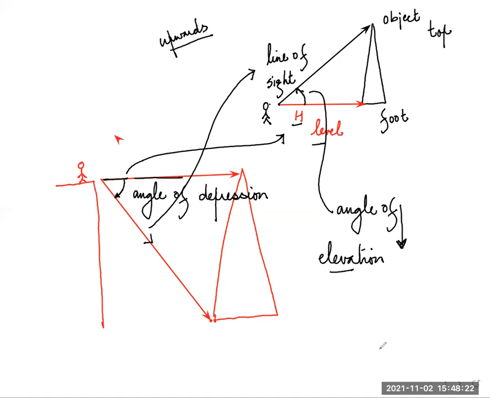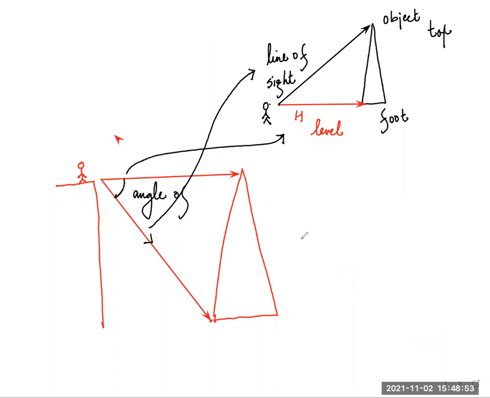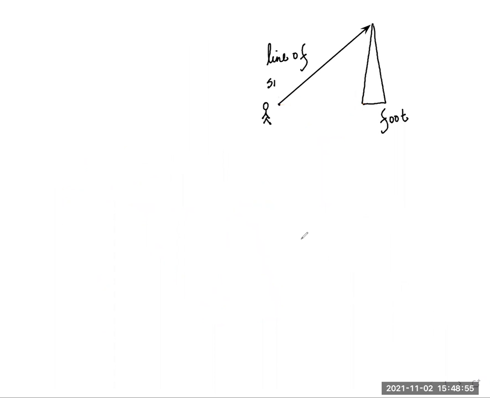Elevation. Let's say we say this is a brick. The brick is elevated by a height of, let's say, 3 meters. So this is how we use the word elevation. Something upwards. Elevate is something moving upwards. So here the eye is seeing upwards. Here the eye of the observer is seeing downwards. That is the angle of depression. This is the angle of elevation. All right. So there's a little bit of basics you need to know before going into this.